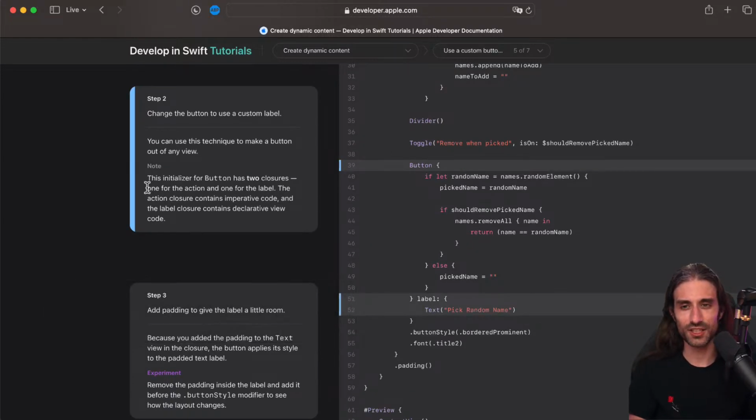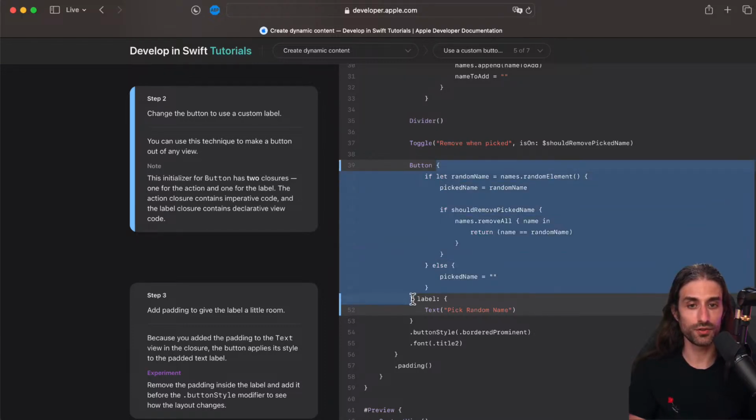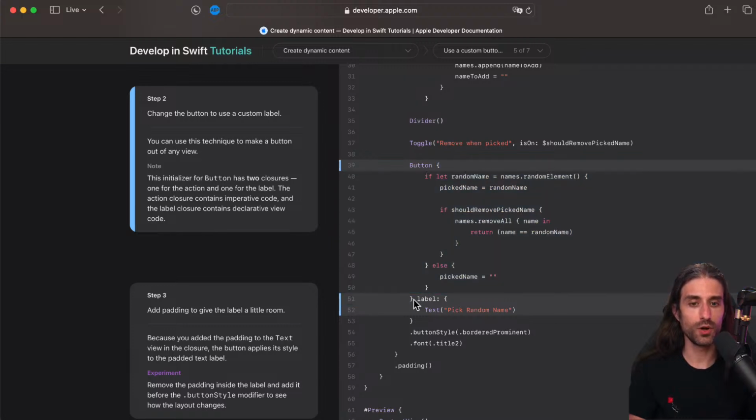So what's next? Change the button to use a custom label. So the button will still take a first closure for the action, but then it will also take a second closure that will be the label, which is whatever makes up the body of the button. And they say you can use this technique to make a button out of any view.